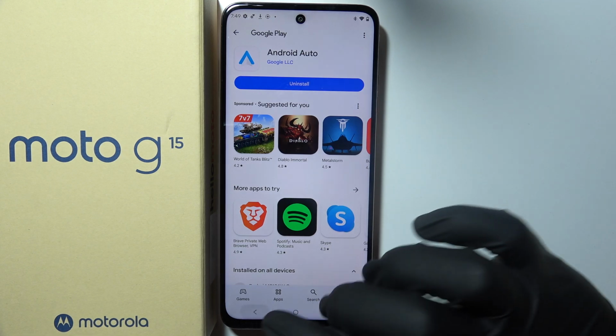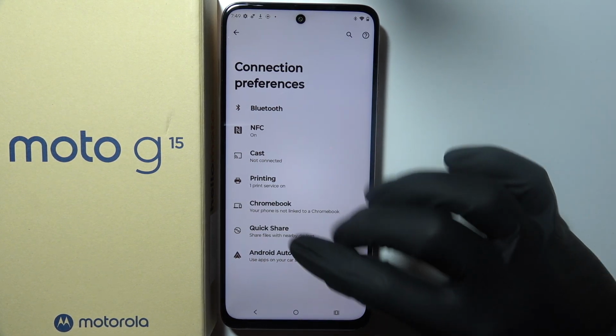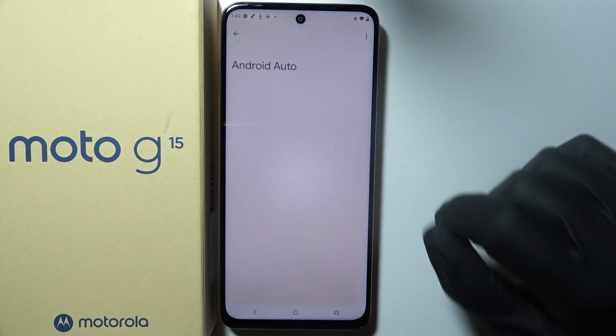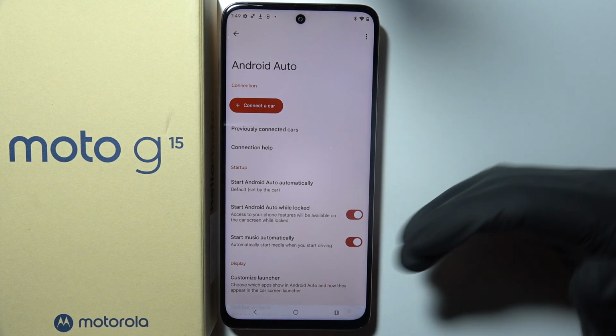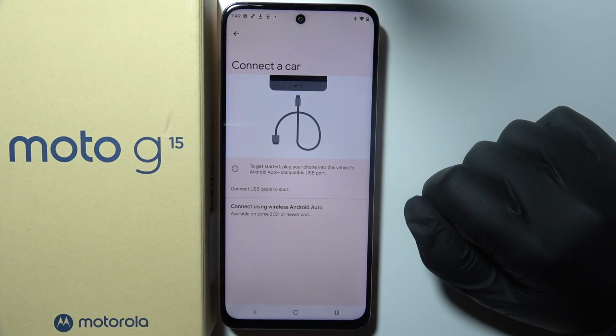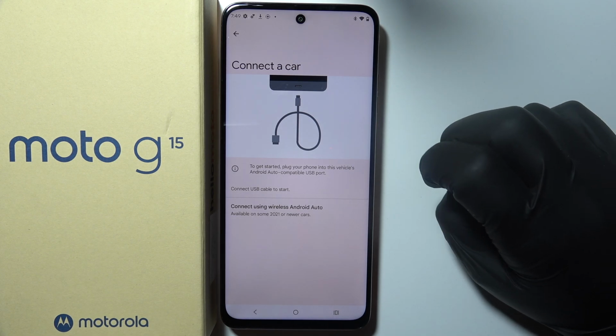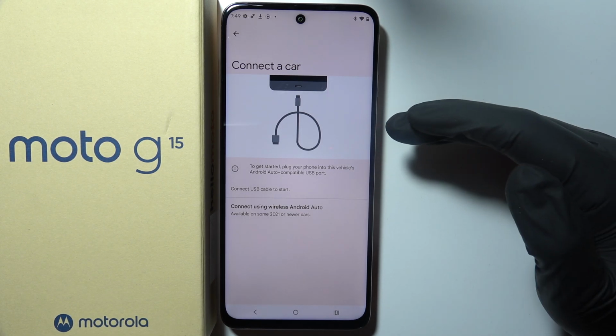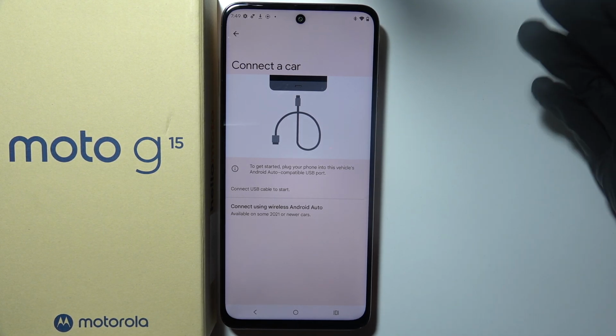So now when it's downloaded and installed, we can go back to the connection preferences and click on Android Auto again, which will show up the interface, and now we can move to connect a car. Then there's two options. You can use a cable, which allows you to connect your phone and your car